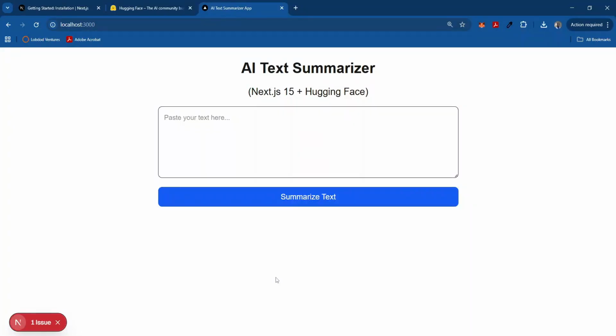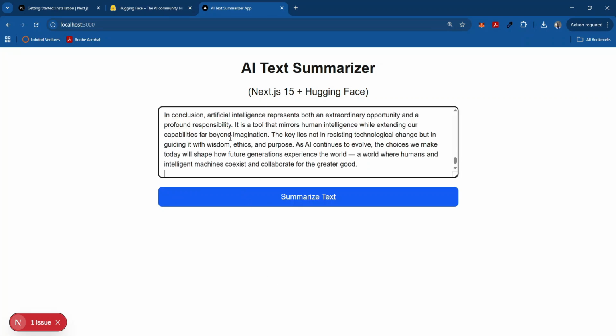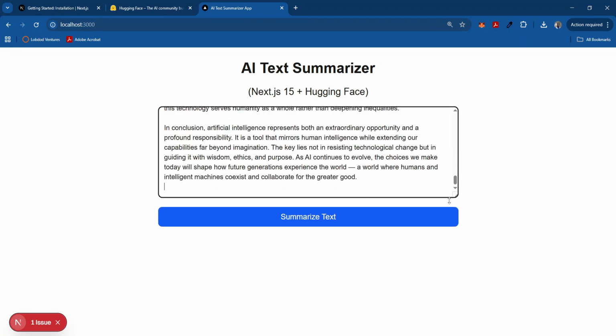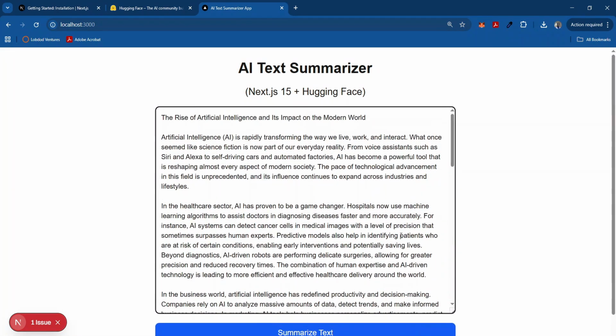In this tutorial, I will show you how I built this AI text summarizer using Next.js 15 and Hugging Face, and how you can replicate the same in a few minutes. The first thing I would like to do is put our summarizer into use. Let's see, I've just copied a